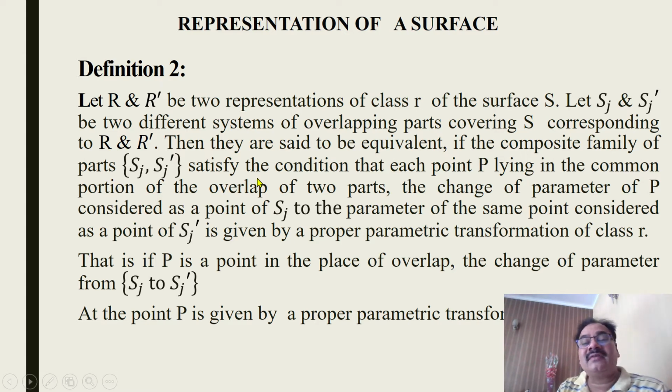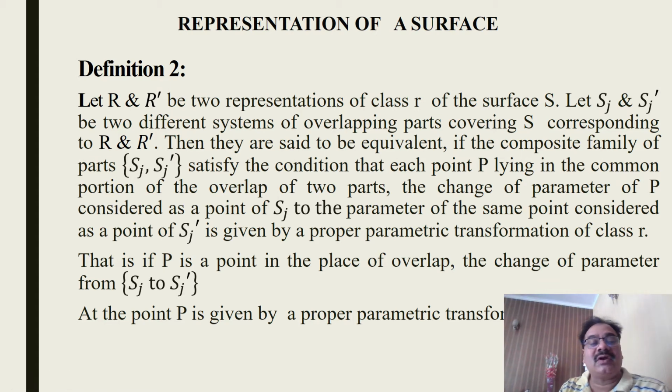Then they are said to be equivalent if the composite family of parts Sj and Sj dash satisfies the condition that each point P lying in the common portion of the overlap of two parts, the change of parameter of P considered as a point of Sj to the parameter of the same point considered as a point of Sj dash,